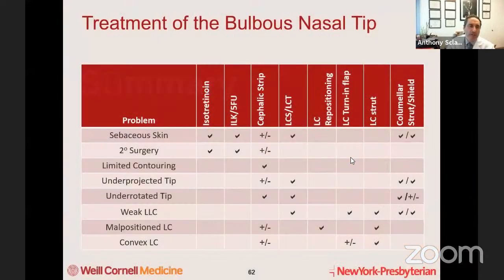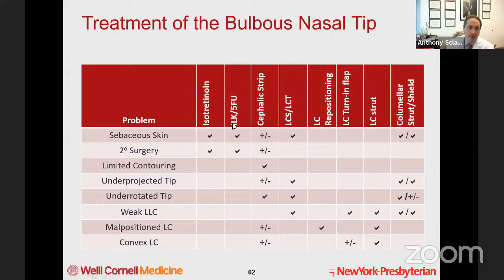So just to recap, a lot of things you can do, really hard. A lot of things that could be going wrong with the bulbous tip. Sebaceous skin, prior surgery are all really tough. You're going to have thick skin. You want to manage that. We didn't really talk about fluorouracil. I mostly use